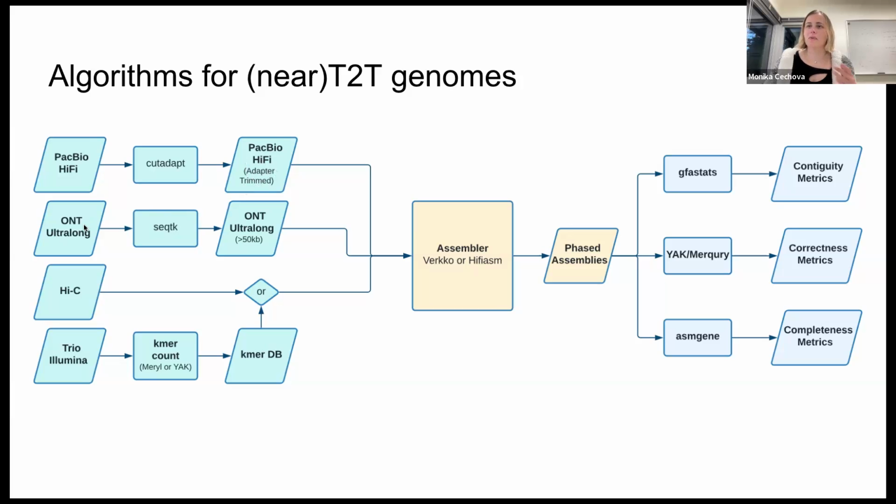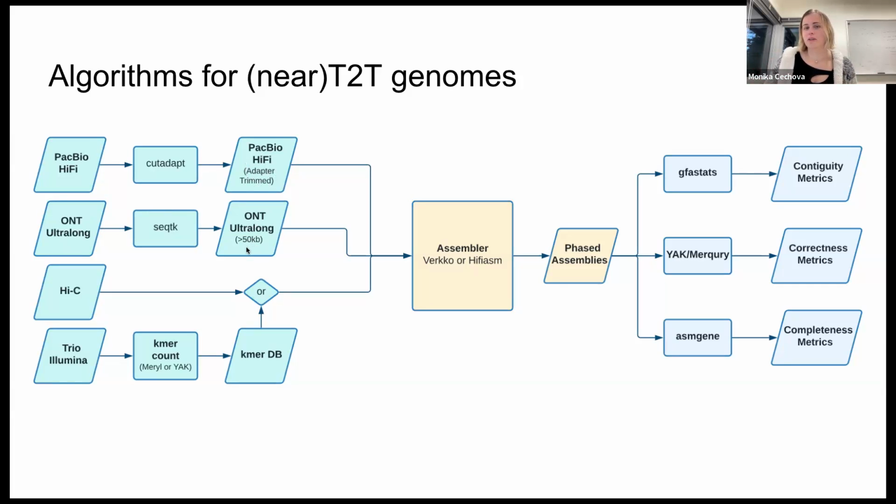Then you also use these ultra long reads, sort of to thread it all together. And for that, you can use Nanopore ultra long reads. Depending on your data set, sometimes we would filter and keep only reads that are longer than 100 KB. And then if you're interested in phased assemblies, meaning that we want to fully assemble